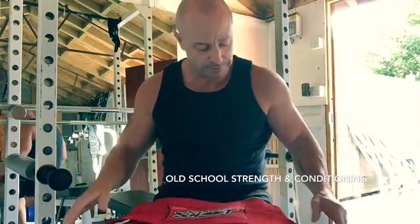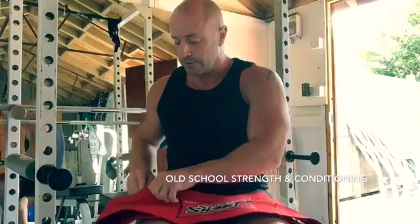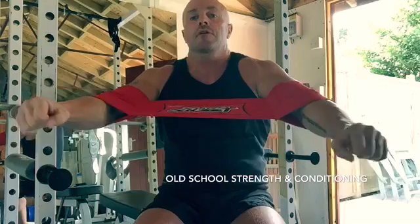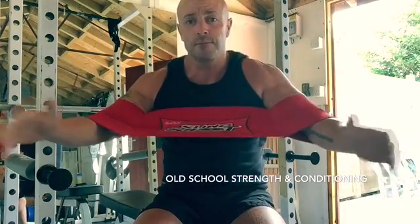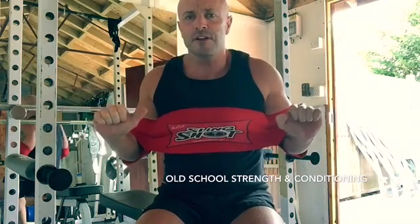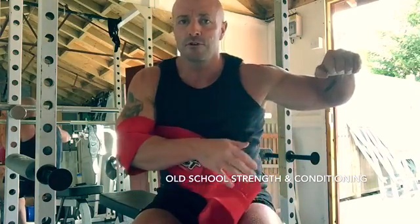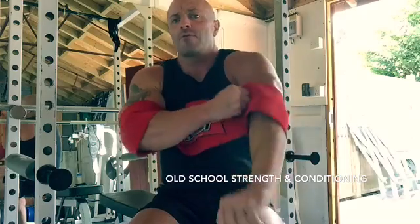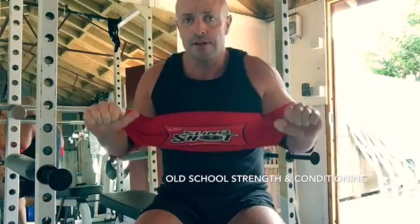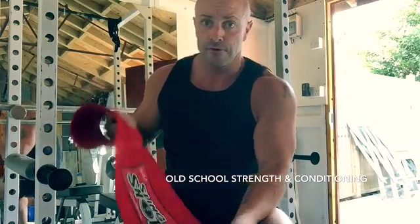It's got a second benefit to it in the fact that it pulls your elbows in, because you're under pressure. As soon as you put it on, you're under pressure, and to pull your elbows out you need to exert a fair bit of force. So it's naturally pulling your shoulders in, which puts me in a much safer position. You know, if you're benching out here, you can see how open my shoulder joint is. When you've got this on, my shoulder joint's closed. It's in its best position, and it gives you the ability to crank out a lot of reps, get all the volume you need in,